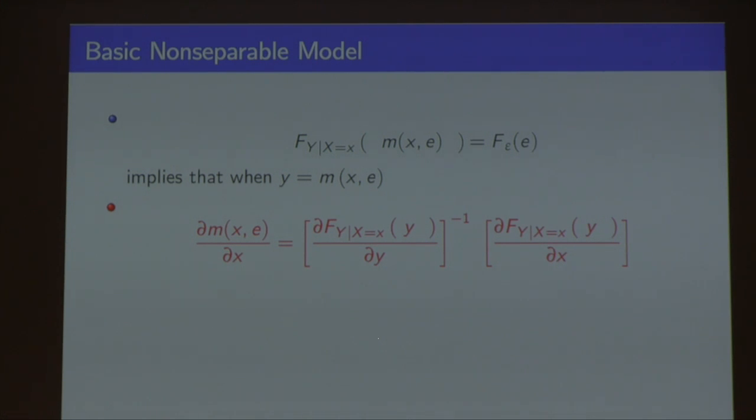So that we can say, without specifying anything about this distribution, basically just take derivatives on both sides with respect to y and x and solve, and this is what we get. As you can see, the counterfactual is the effect of changing hours of work for a worker with productivity epsilon, which we do not know, but we know that it corresponds to the output that we observe. So we observe a worker with output and hours of work. Then we say, if we fix the productivity and change the hours of work, by how much will output increase? So this is the infinitesimal change, and this is the finite change.